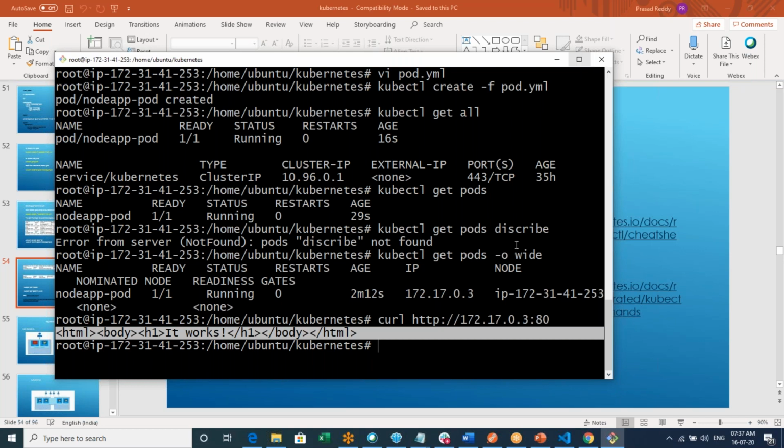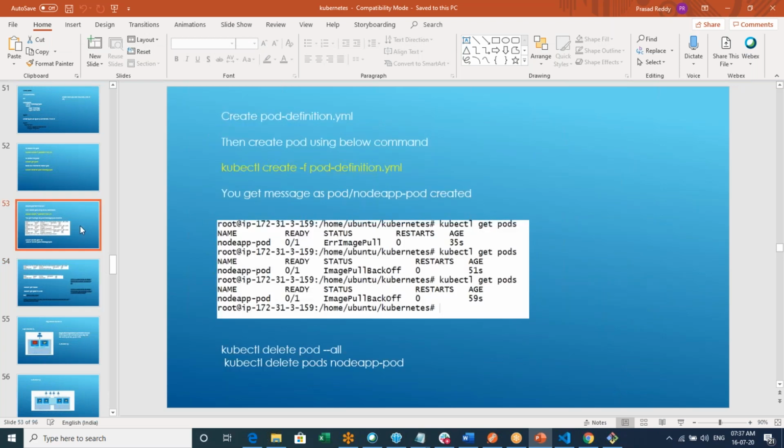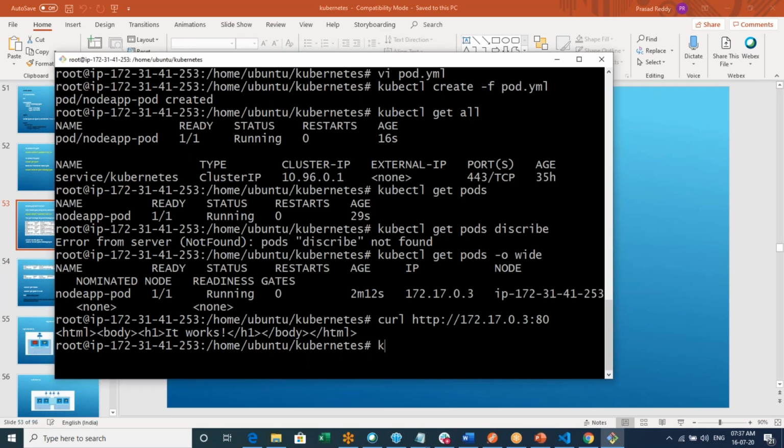I'll anyway share the commands with you. In case you wish to delete it, you can delete it by using the delete command: delete pods and the name of the pod. Now I'm just trying to delete it. So kubectl delete pods, and the name of the pod is this one.